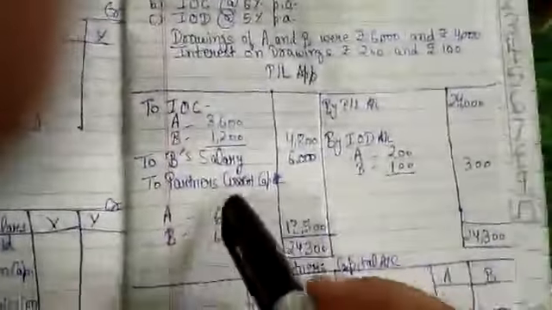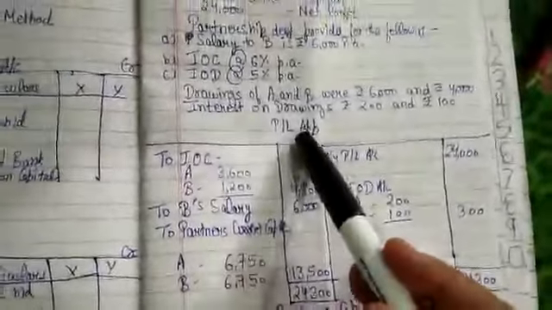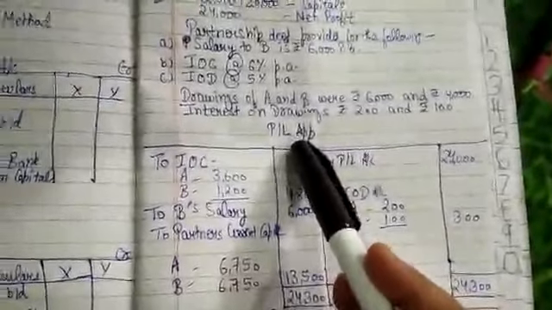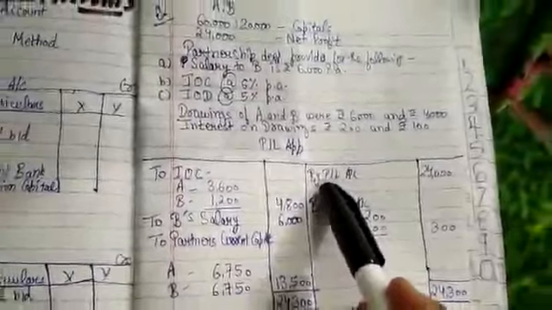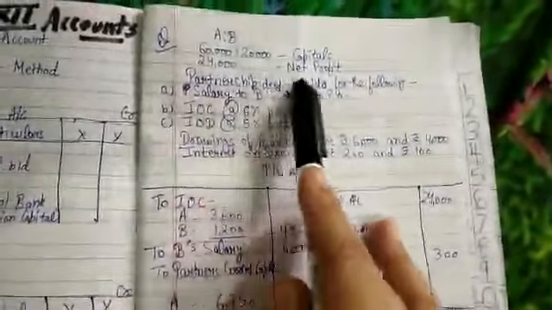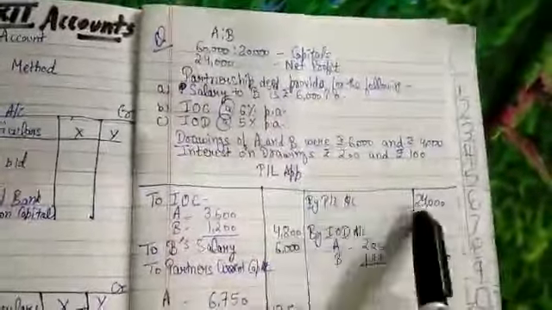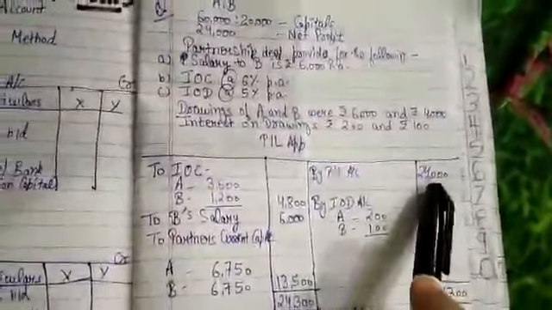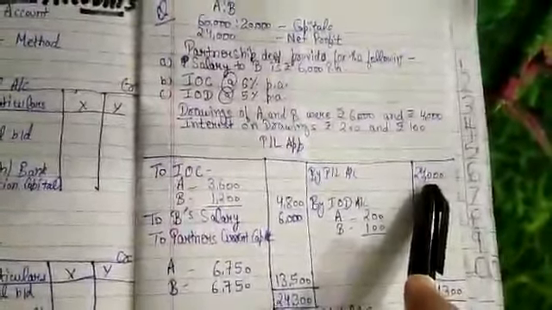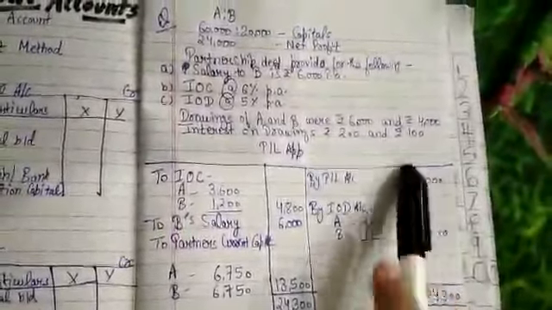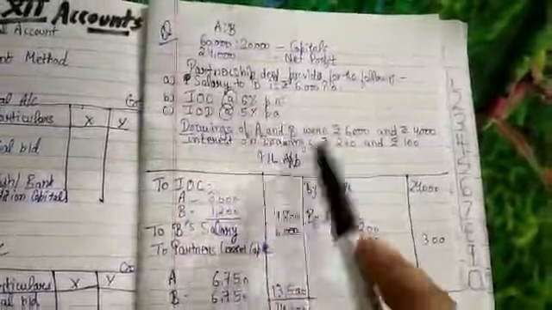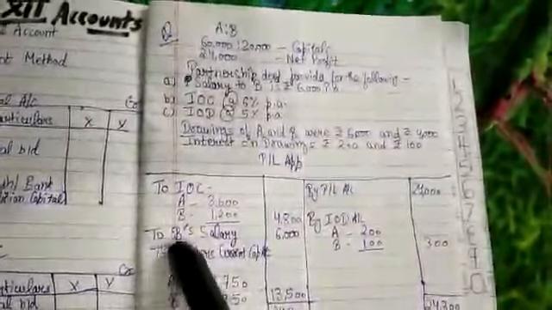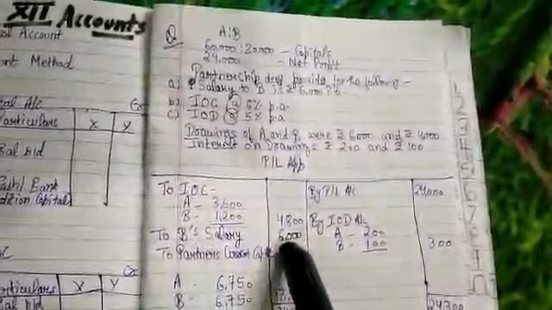So according to this question, we will make profit and loss appropriation account. So let us see what the first thing is which will appear in profit and loss appropriation account. It is profit on the credit side. First of all, we will write this net profit on the credit side, which is 24,000. Right? Next, now we have to start giving our expenses. So what is our first expense? What is the partnership deed saying? Salary to B, 6,000 per annum. So we have given salary to B, 6,000 per annum.